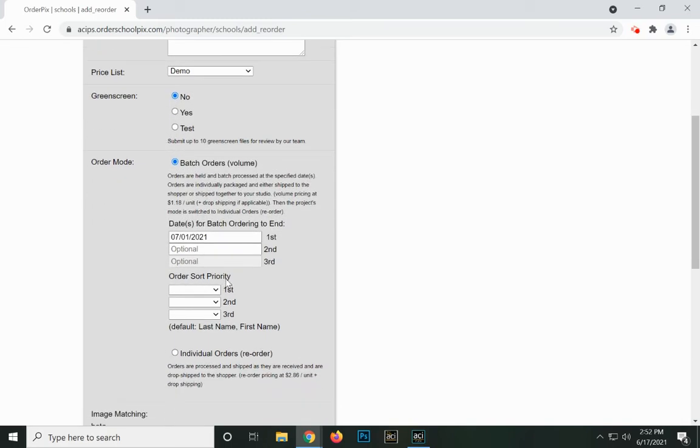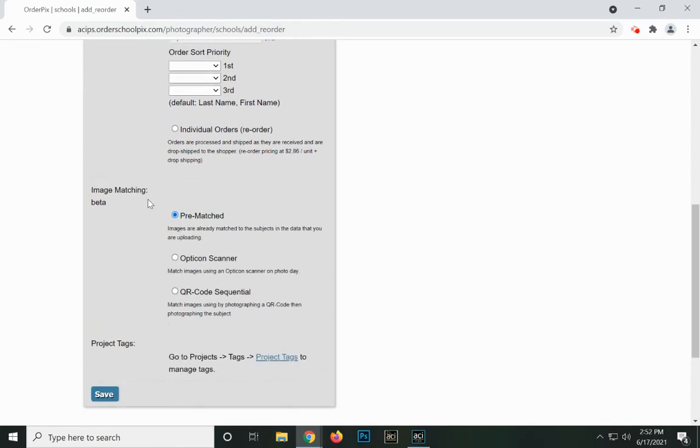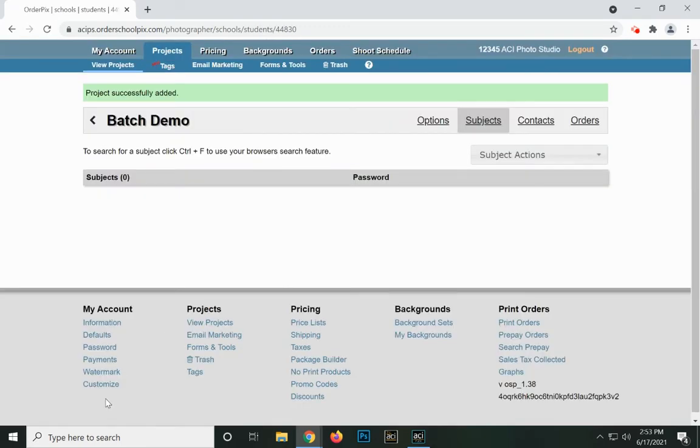Order sort priority allows us, the lab, when we print these, to sort them per your preference. This is dependent upon the data provided, but if you wanted it to be sorted by alpha, teacher, grade, you can select that as long as you provided that data. For the demo, I'm going to go ahead and just leave it empty. I'm going to leave it at pre-selected, pre-matched. There are options for Opticon scanner methods or workflows and a QR code workflow. Those will be covered at a later date with a later video. For now, I'm going to go ahead and hit save,